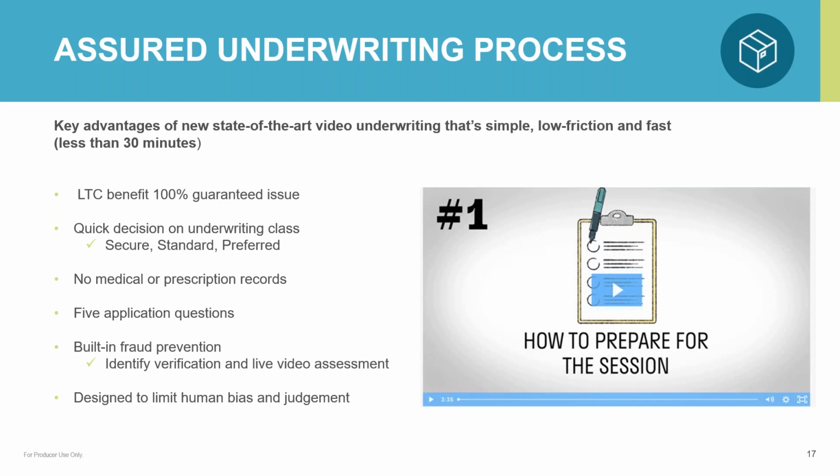the client. They'll ask some simple things, like, can you please stand up? Can you sit back down? Kind of just checking their mobility. But it's very simple and straightforward from an underwriting perspective. The thought process behind the underwriting process is that it's designed to limit human bias and judgment. When Assured Allies is doing this underwriting interview, they're simply taking in the details and plugging them in, which takes the human bias out of the equation, and the actual underwriting judgment comes back based upon how well the client did during the underwriting interview itself.